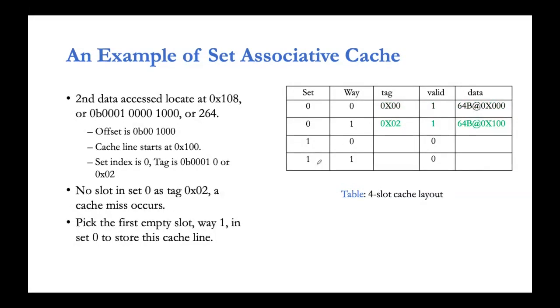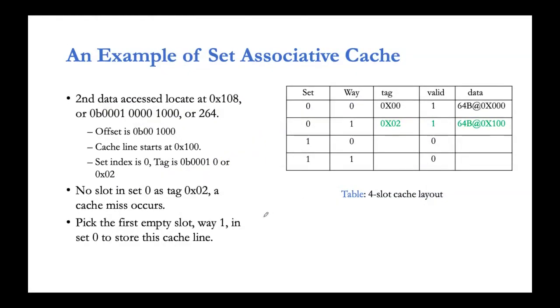Then comes the second data access at location 108. The last 6 bits are your offset bits, and the index bit is 0, which means set 0 is selected. In that set 0, from the remaining value you get the tag address, which here gives 2, the hex value of 2. This 2 will be compared with the existing one. If it is not matching with the tag 000 in set 0, the cache is missing. So it picks the first empty slot in way 1 of set 0,